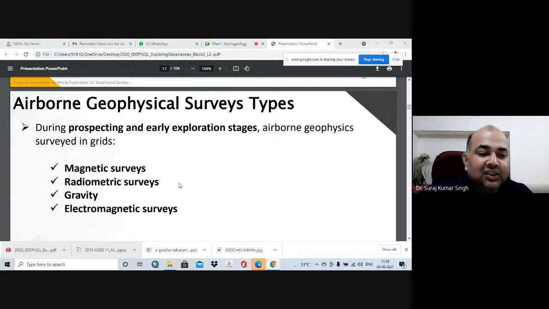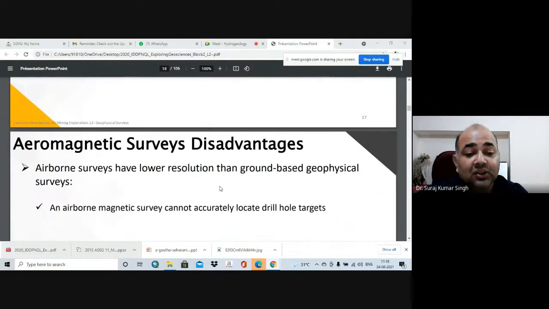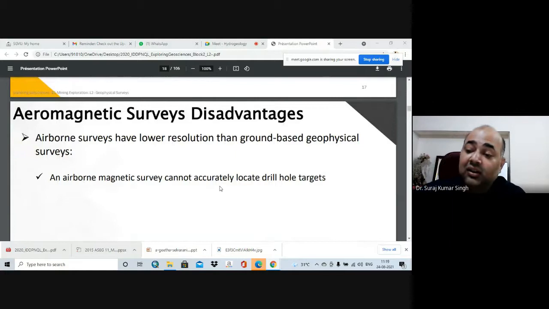And for that you have different kinds of survey, whether magnetic survey, radiometric survey, gravity, or electromagnetic survey. These are the various kinds of survey that have to be done before you go for any kind of exploration. When you talk about aeromagnetic survey, an airborne survey has lower resolution than a ground based geophysical survey. So obviously